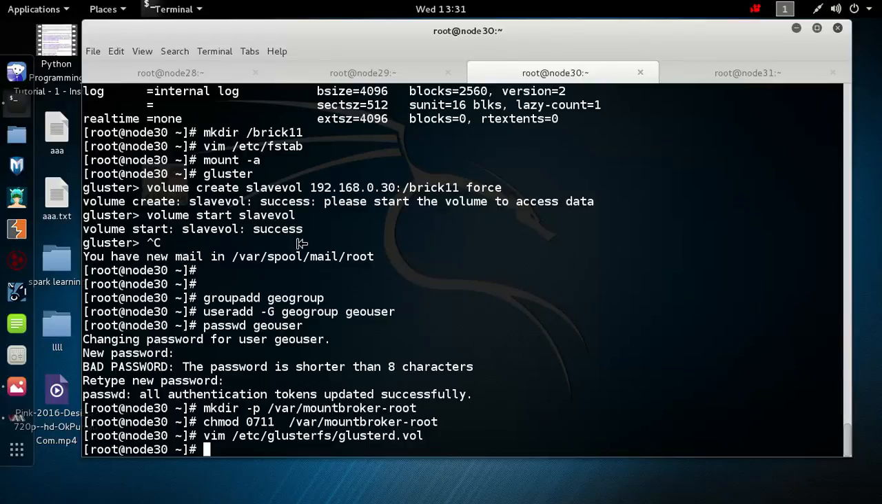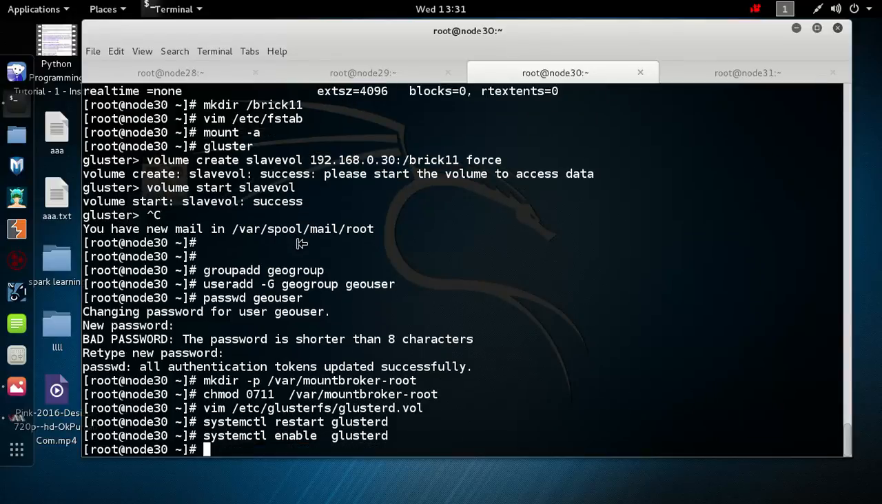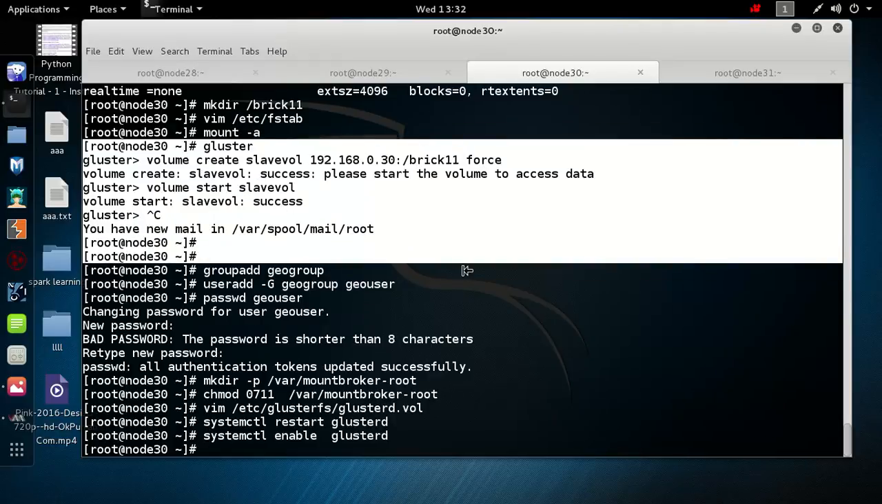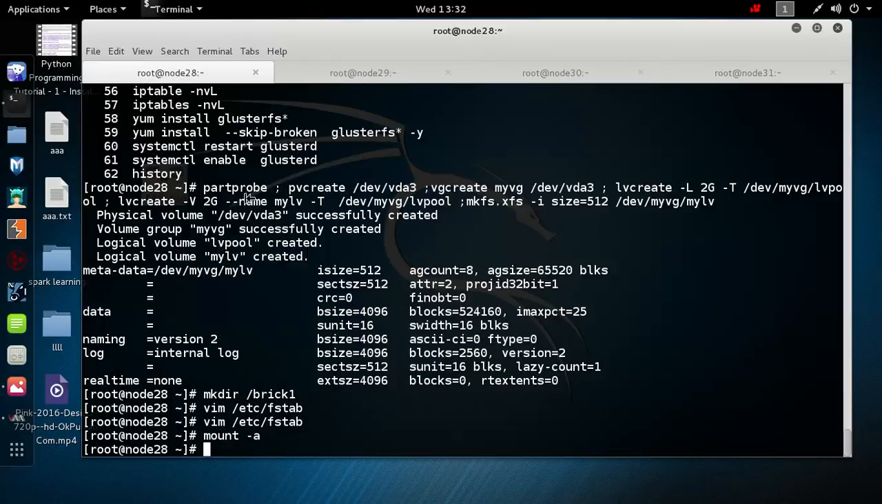So after saving it, restart the service of GlusterFS, glusterd. When you restart the service, please enable it also. Now all work is on master. I will come for just a single command on slave. Almost done from slave. So now go to the master and